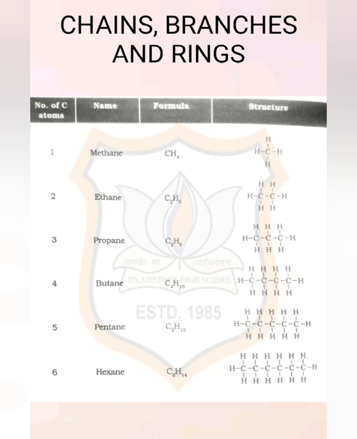The next one is propane, C3H8. Again the first work is to combine all the carbon atoms. So there are 3 carbon atoms, C, C and C. Bonds will be there initially, and the remaining valencies of these carbon atoms are occupied by hydrogens. So actually 8 places are there for the remaining valencies, and these 8 places are occupied by 8 hydrogen atoms. The next one is butane. The formula is C4H10. Then the next one, pentane, the formula is C5H12, and hexane C6H14, and so on.